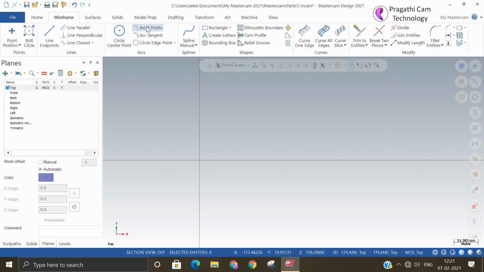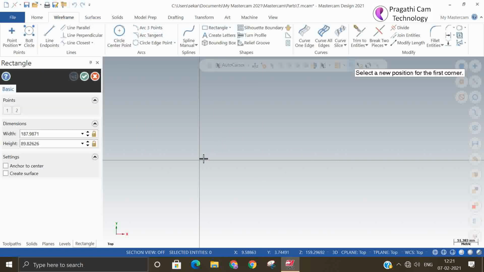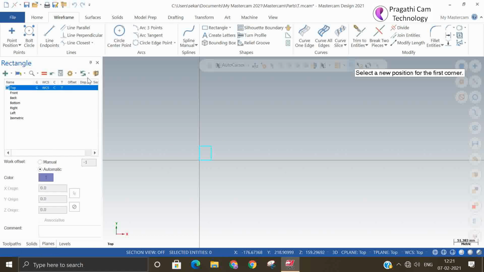So I will make one small rectangle here, 25, 30. Okay. So now we'll go for rectangular array.